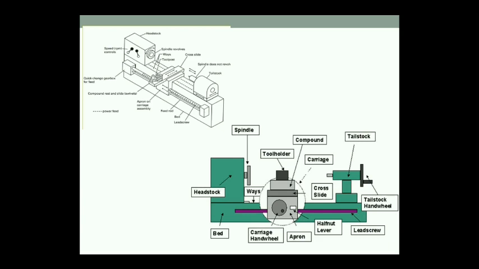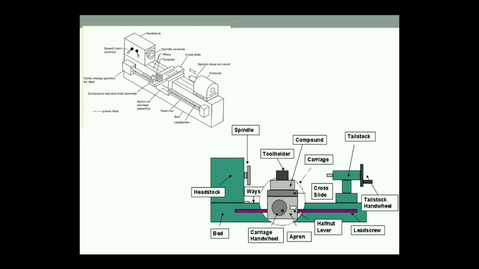These are the components of the lathe. I am showing you two figures which are taken from the internet. One is a 3D isometric view and one is a two-dimensional one. Basically, we require some means to rotate the workpiece. For that, the headstock is used, where the different speeds and gears are adjusted. And we need a movement of the cutting tool. The cutting tool is held in the tool holder, and we need some means to move this tool holder along the axis of rotation of the headstock or the workpiece. For that, we need some more arrangement.